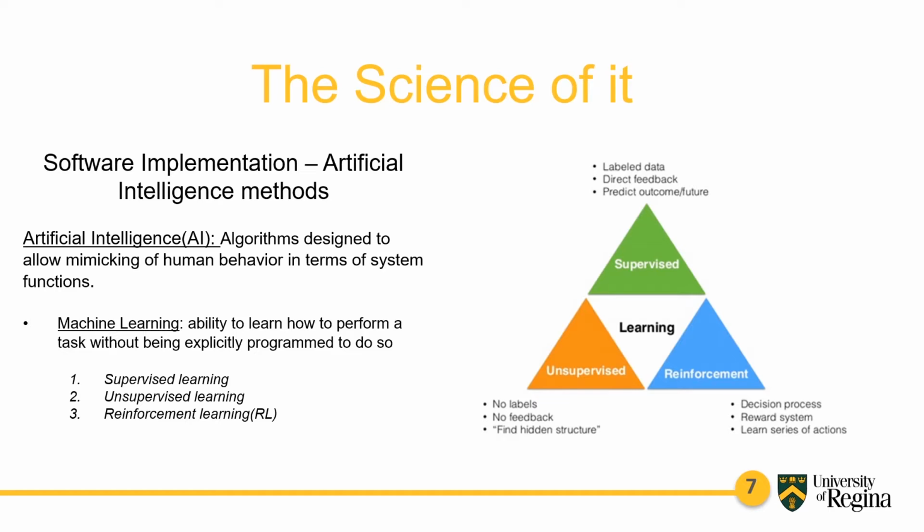What is machine learning? Exactly what its name suggests. It is a machine that learns to perform tasks by itself without being programmed explicitly to do so. Now, machine learning can be broadly divided into three main categories. This can be seen in the picture on the right. We have supervised learning, unsupervised learning, and reinforcement learning.